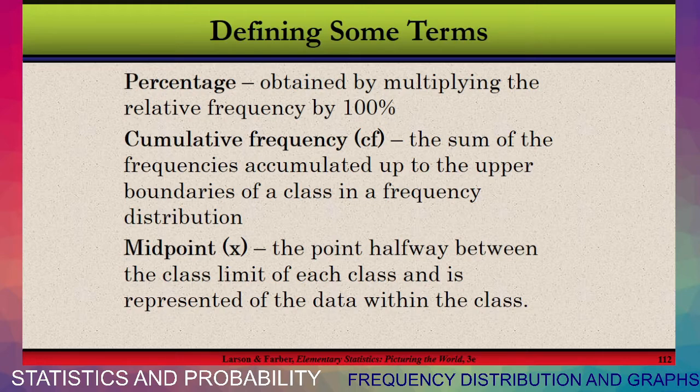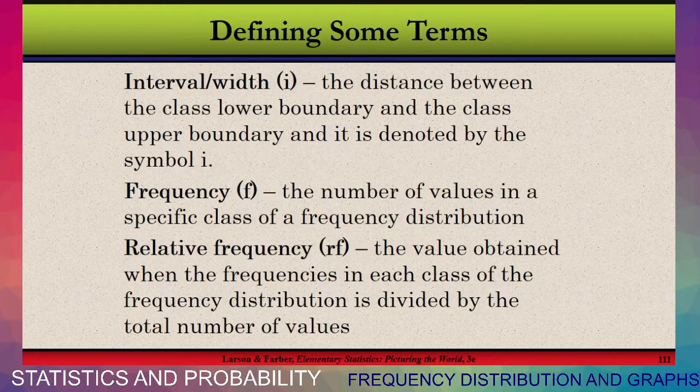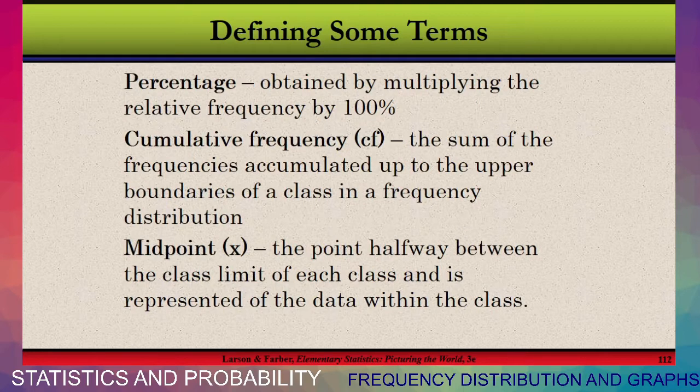It is the sum of the frequency accumulated up to the upper boundaries of class in the frequency distribution. So, para makuha naman natin si cumulative frequency, ang gagawin natin, magbe-base tayo sa frequency. So, for example, mayroon na tayong given na frequency na kuha na natin si class limits, nabilang na natin yung frequency sa bawat class limits. So, makakuha na tayo ng cumulative frequency. So, yun ay, ang gagawin natin from the first frequency, which is, kunwari ay 10. So, yun yung unang